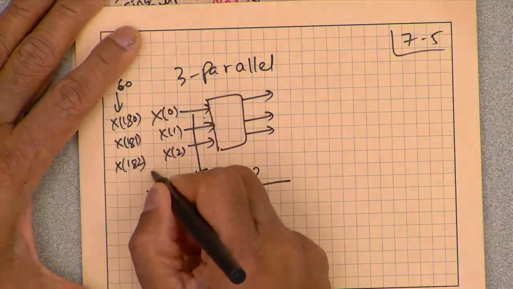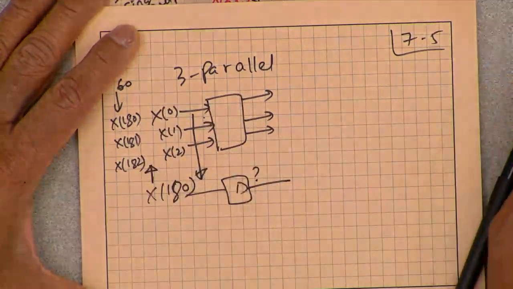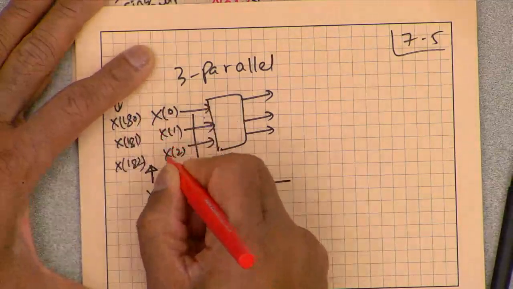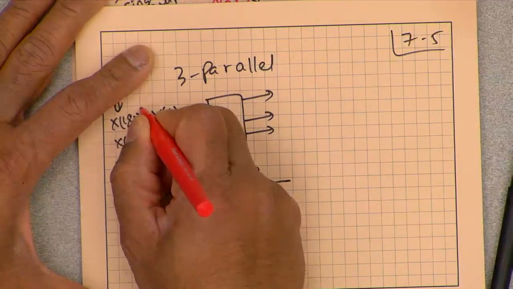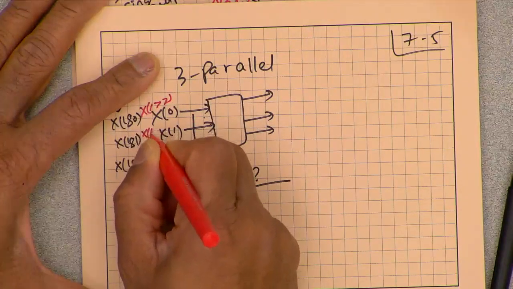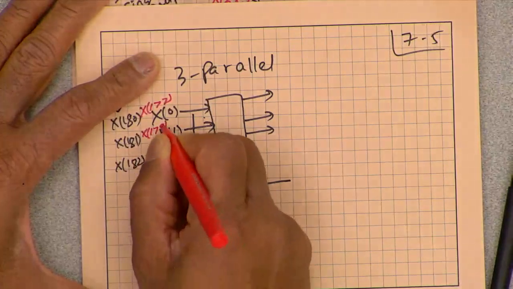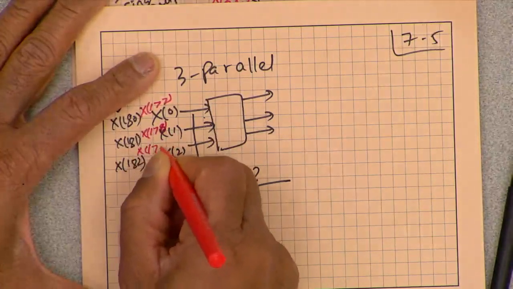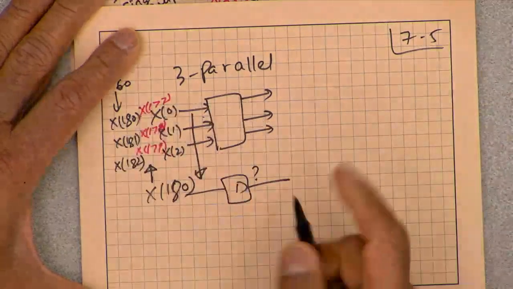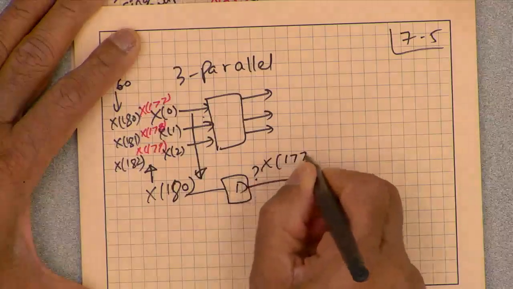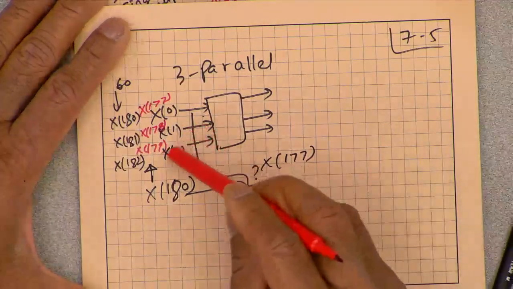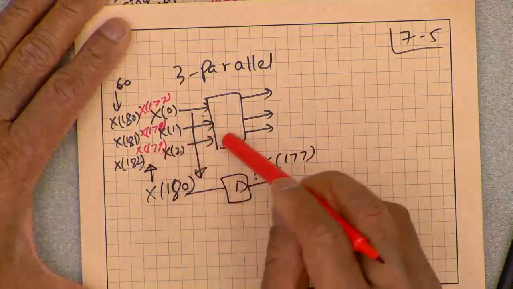Well, let's take a look here. So what would have been the previous one? So this would be 180. So this would be 177, 179, 8, and 179. Then this will be 80, 81, 82, and then 83, etc. So this would be 177. This is not 179. Why is this not 179? Because that was input to this wire, which is multiple of 3 plus 2.